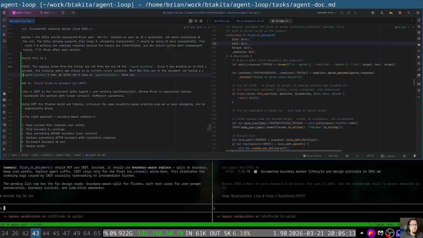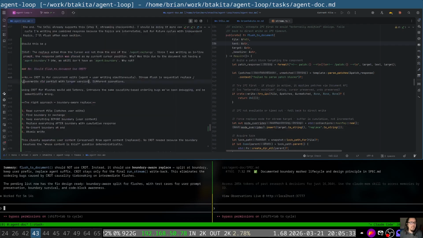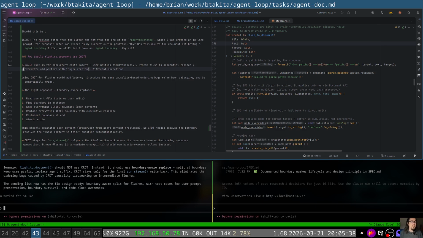Okay. But I guess we are testing. Yeah, we're testing this. So I don't want to tell it to do something. I want to inquire, why is it not doing this? And then maybe it'll realize the issues it has, and there could be robustness issues too. So all right. Should flush a document use CRDT? No, CRDT is for concurrent edits. Agent plus, well, I beg to differ now, because